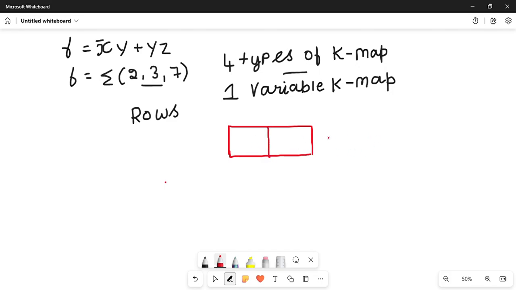This is one single row, students, having 2 cells. Here it has only 2 things, that is A bar and A, and if you consider f of A is equal to A bar,